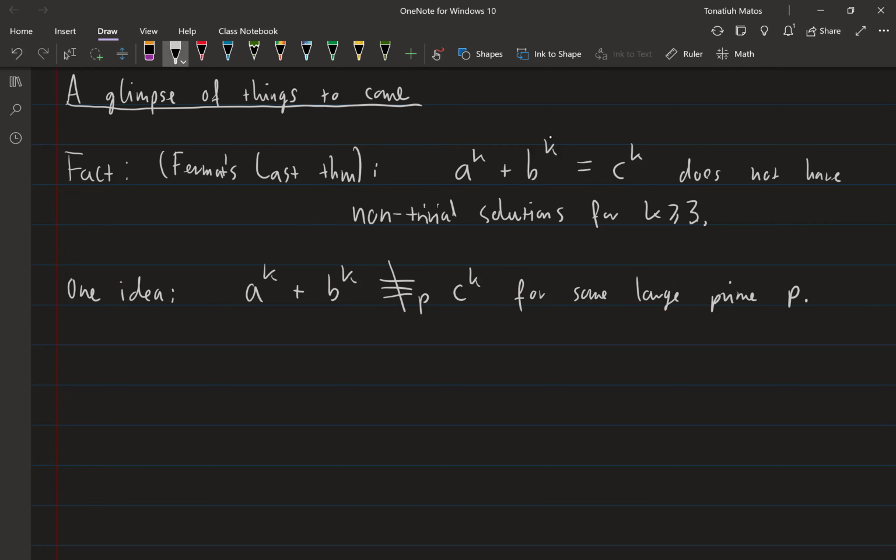And if we manage to show that these are not congruent, well, then I have solved the problem, right? Because if this had a solution, then I should be able to reduce it mod p and get to the same number. So if I manage to prove that this doesn't work with prime number p, then this would solve Fermat's last theorem. So this is one approach, and this was attempted by someone called Schur in the 1920s, 1930s,